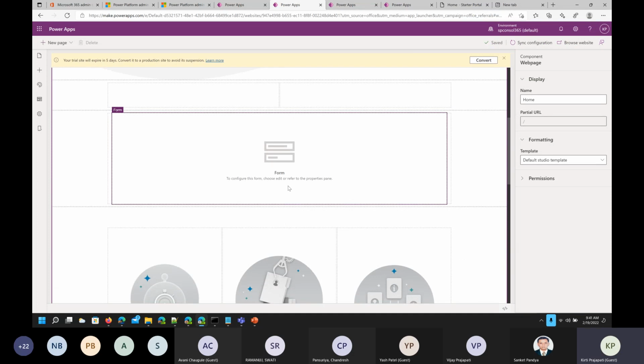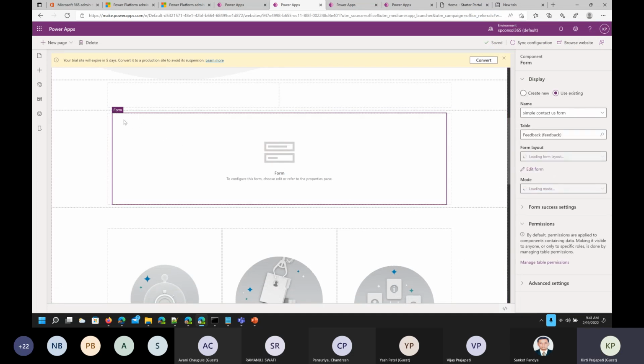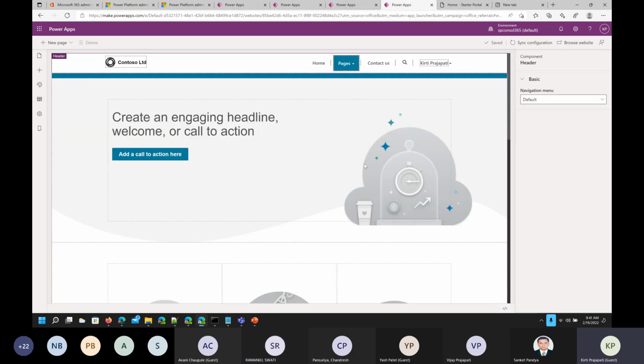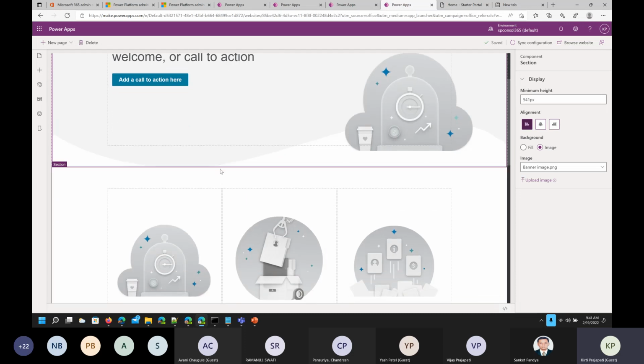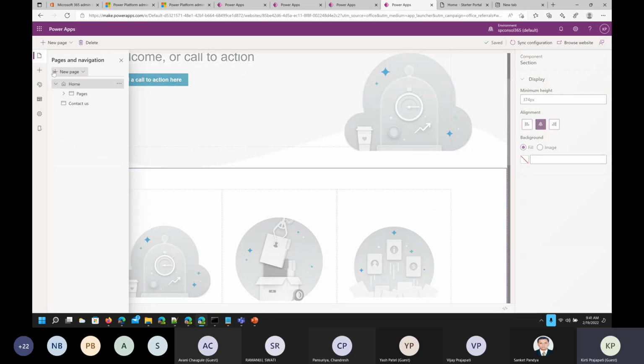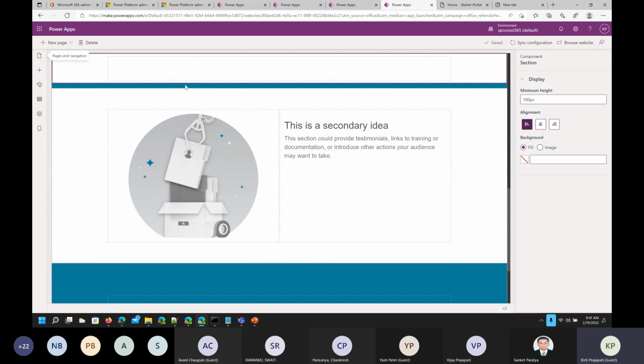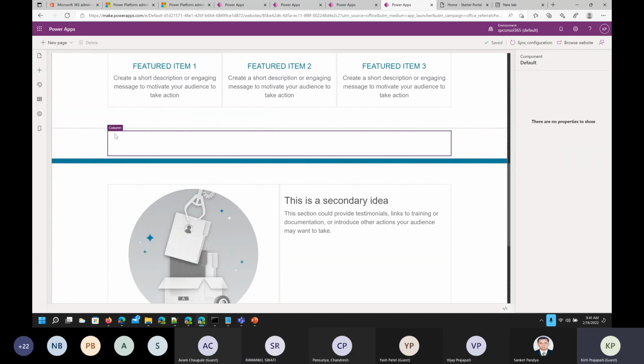Right. So here, this is the form I have used, the contact form. So let's say, for example, here I want to add that form. Let me try if I can access the default contact form. So here you have to select the section. Like if you want to add the section, click on the plus icon. Then you can add which type of layout you want. So let's select one column section, and under that you can just click there and